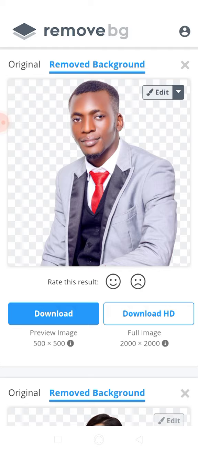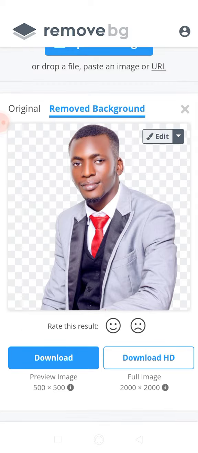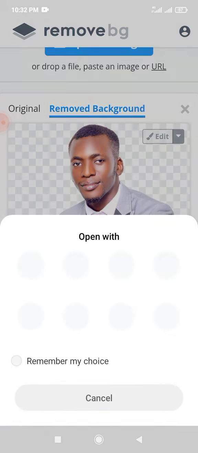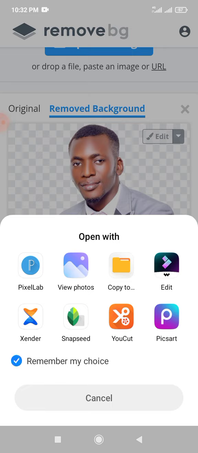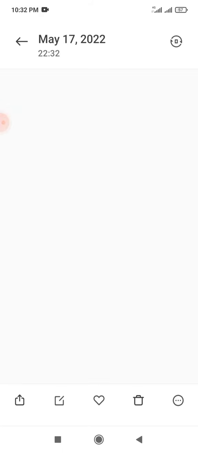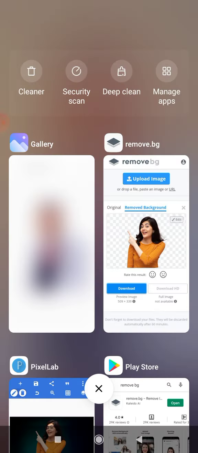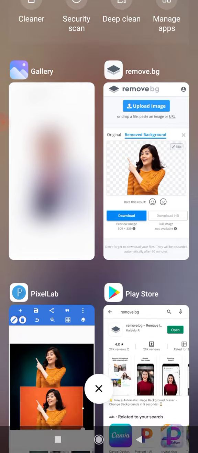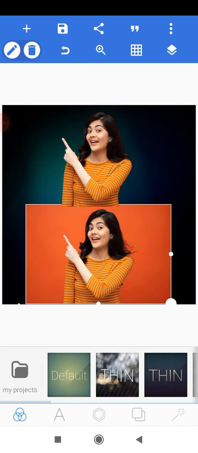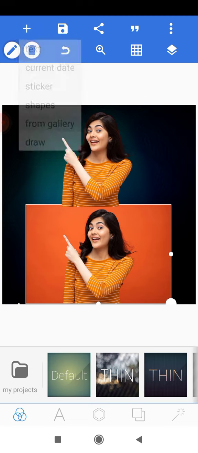Okay guys, as you can see, our application is done removing the background for us, so we'll simply download it and then we'll go back to our design and place it so that we'll see how it looks. So we'll just download it and then wow, this is amazing. So we'll head on to our design application and then we'll import the image from there. So we'll go to the plus icon here and from gallery,